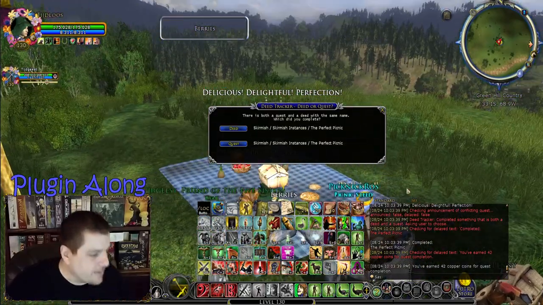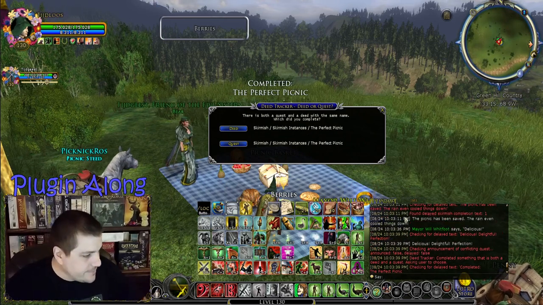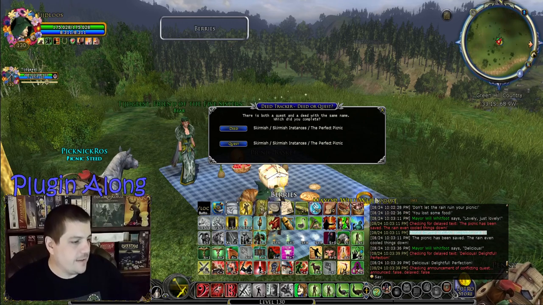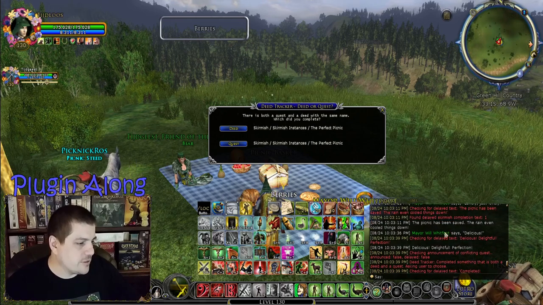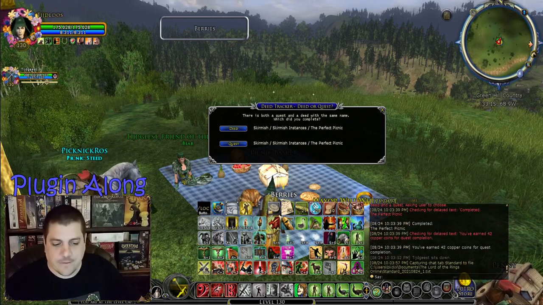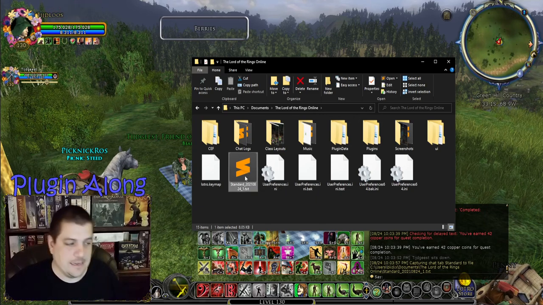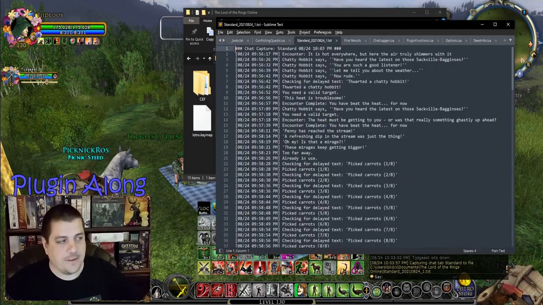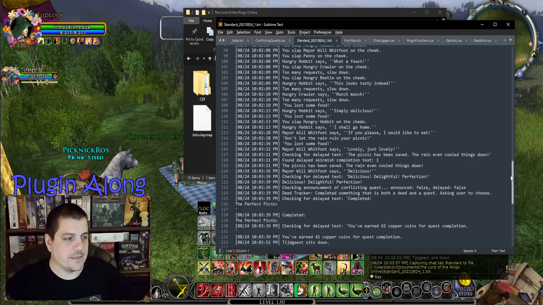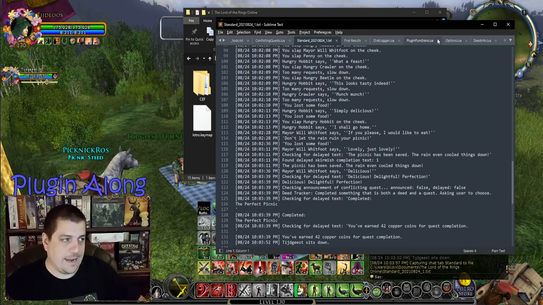Okay, so excellent. We have some text here. So we had, in fact, I'm going to go ahead and chat log. I'm going to go ahead and capture that chat just for reference. And if you do that, you're going to get a file in your Documents Lord of the Rings Online folder. In this case, it'll be the name of the tab. So that tab is called Standard. Everything that was in that tab should be dumped out here. Awesome. So unfortunately, they only dumped out in plain text, so you don't retain any of the color information, but